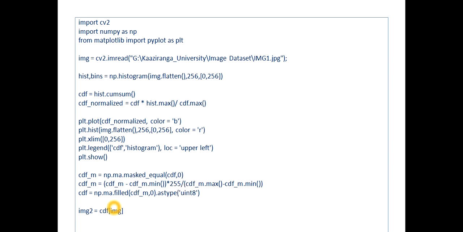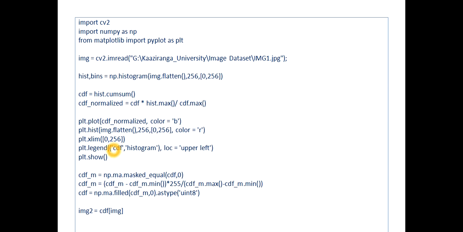Now let's put this in image2. As the CDF is modified here, that is going to equalize our histogram and the image. So let's consider image2 as the histogram equalized image. So this is the line. Now you can plot the histogram of the histogram equalized image, and for that you have to perform this again.